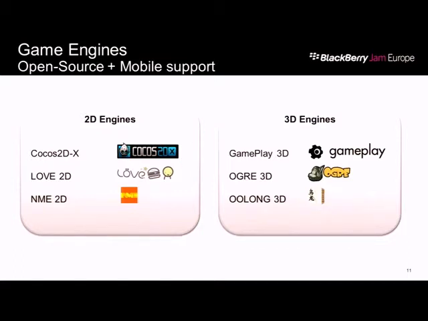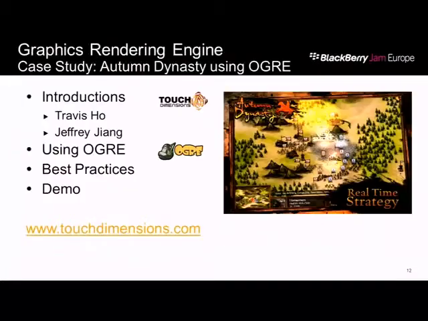Then Oolong is one by Wolfgang Engel. He's a renowned graphics guru. I've met him a couple times. He's an amazing graphics guy. So his engine right now is only iOS. I think he's putting Android stuff in. We didn't port that one yet. It's rough around the edges, but there are some gems in there for sure, like optimization shaders. I was able to look at some of the math NEON code in there, and we were able to put it into our framework as well.